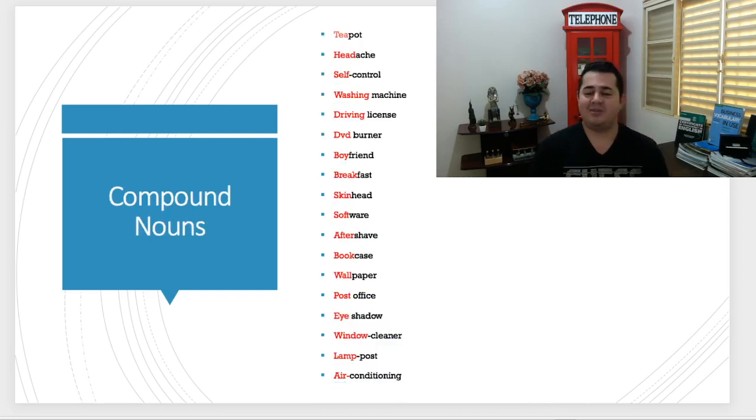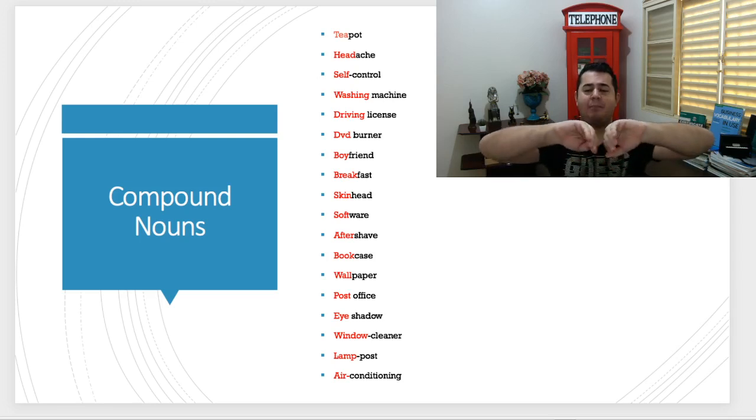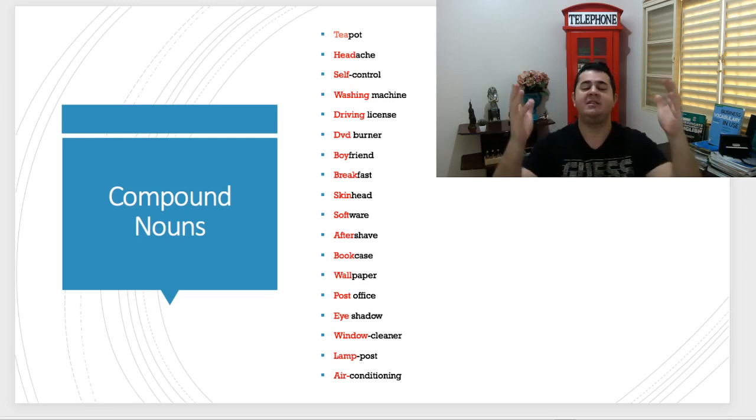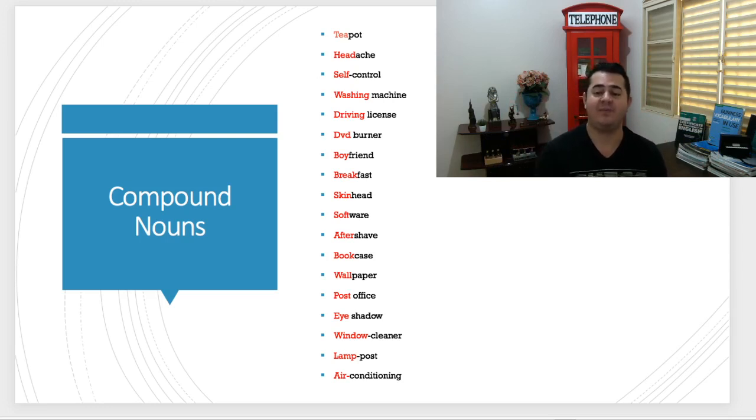Compound nouns. As I've mentioned before, compound nouns are two nouns together to form a brand new word. And there are 3 rules to form them. You can even have one word only. You can have a hyphen between 2 nouns. Or you can have 2 completely separate nouns, but they work together as one word. So let's see some examples. Teapot, headache,